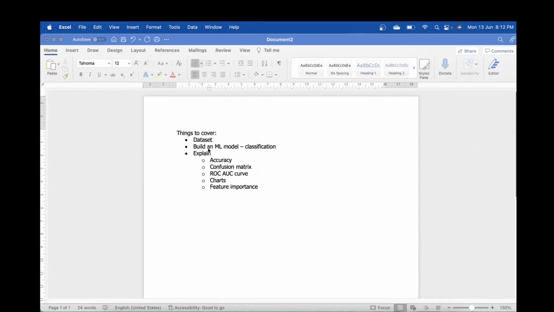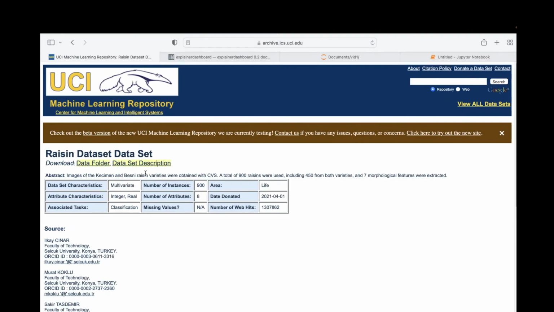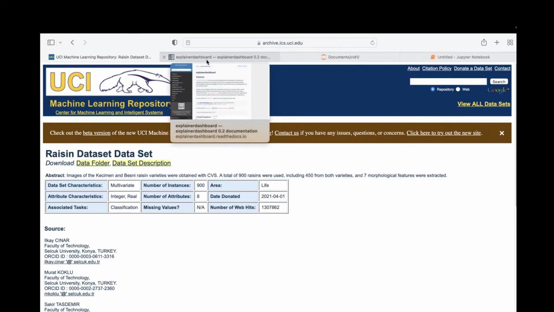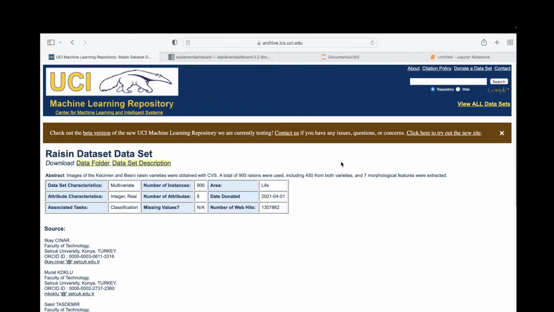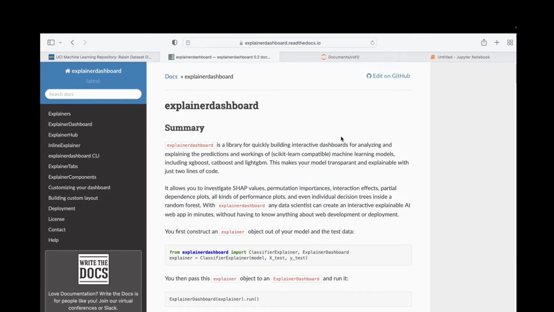So let's get rid of this, and now let's go back to the site again. Before we go to the Jupyter notebook and start writing the code, let's talk about the library we are going to use, called explainer dashboard. This is a very nice library which brings all the items we just spoke about under the same umbrella. Installation is very simple: pip install explainerdashboard. It has modules like explainer, classifier explainer, and explainer dashboard, and the model just has to be